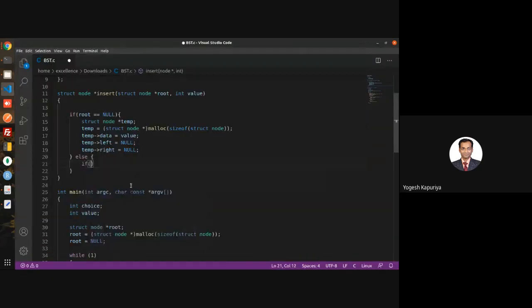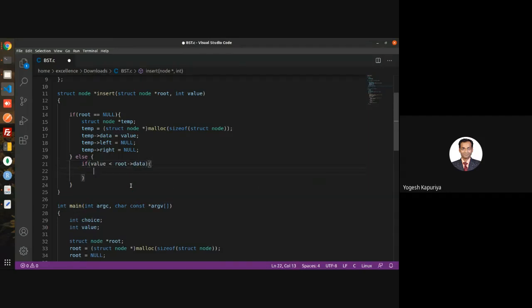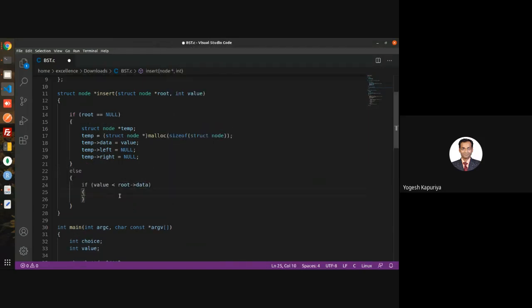So next you will compare the value with the node value. If it is smaller, insert at left, otherwise insert at right. Okay.